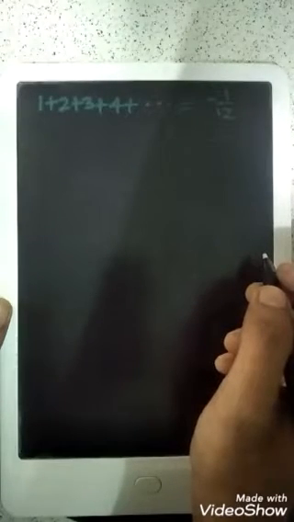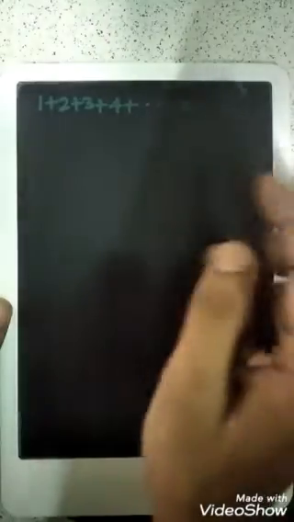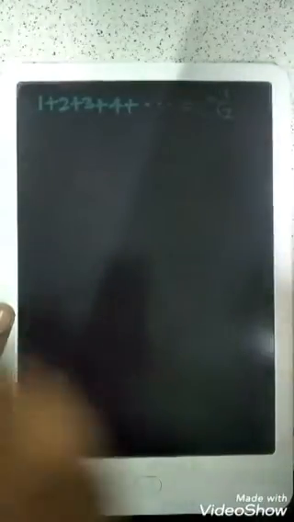Today I have come up with a very famous equation given by Ramanujan: the sum of all natural numbers equals minus 1 by 12. Those who are seeing this equation for the very first time will probably call me insane. But today I'm going to give you a proof of this equation, and I will also explain the context of this equation as well. Okay, without wasting time, let's begin.